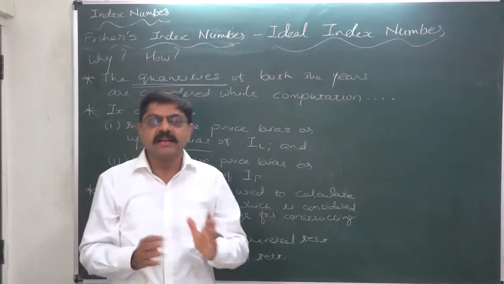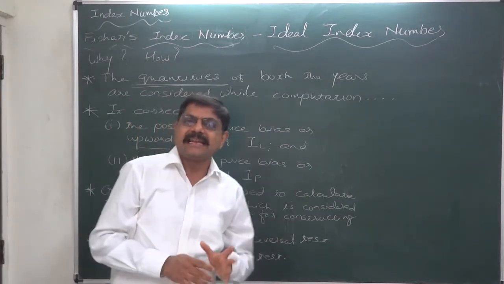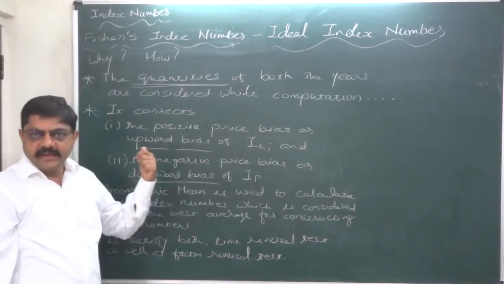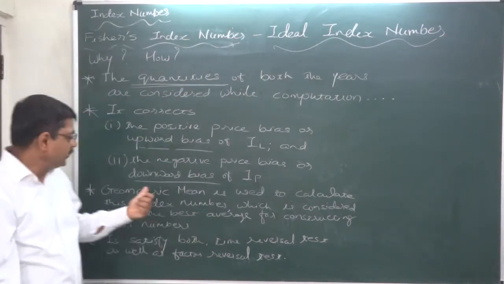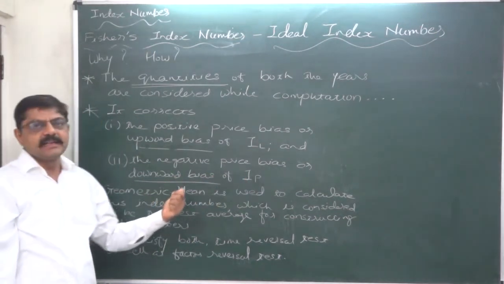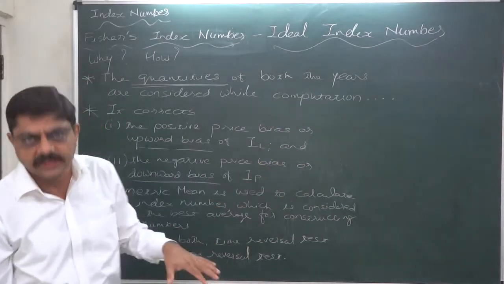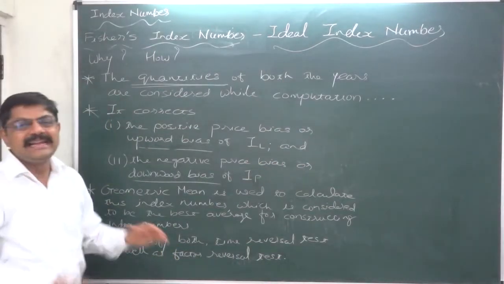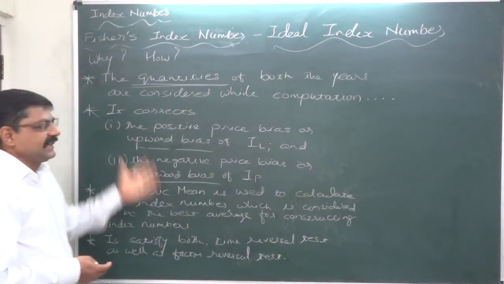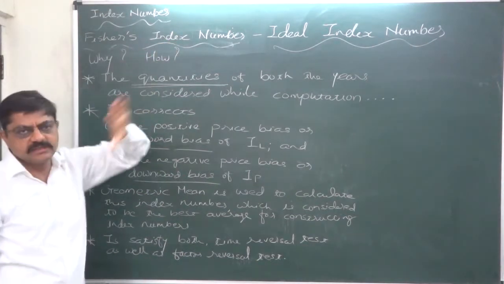But if we consider the quantities of current year only, there can be bias, and even after an increase in price, the effect in the index number will be something like that. There is a decrease in price, or there is no change in price. These are highly technical matters, so don't bother about these technicalities while studying why and how Fisher's index number is